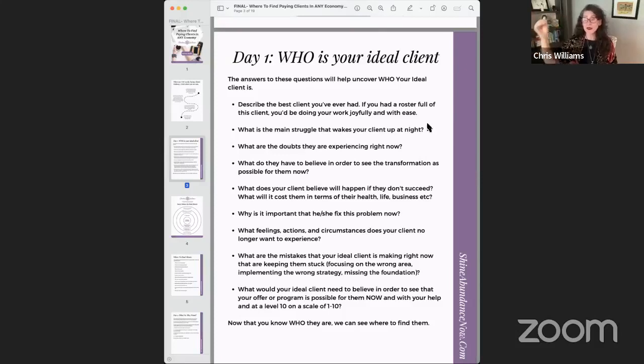We have to be like all in. Yep, I am willing to do whatever it is that I need to do, take whatever steps I need to take in order to have this result. If your ideal client is not ready to do that, she can't be a yes. She can't be. Why? Because this problem is either not big enough, or she doesn't see the value, or she doesn't believe that result is possible for her. Okay, is this making sense? If this is making sense, I want you to pop yes in the chat.